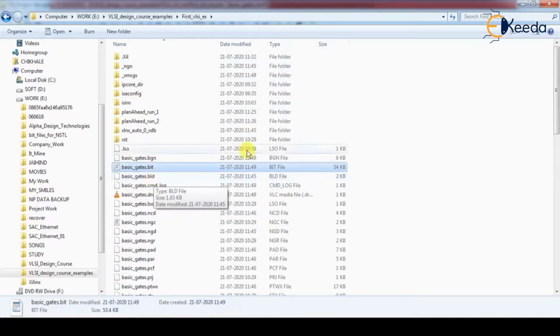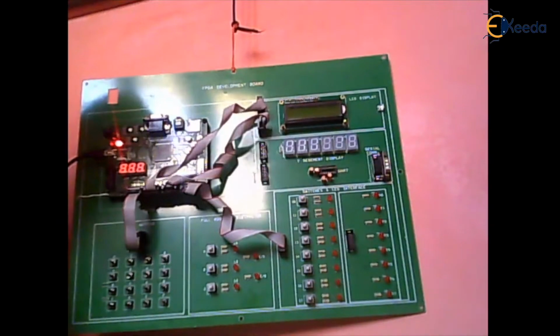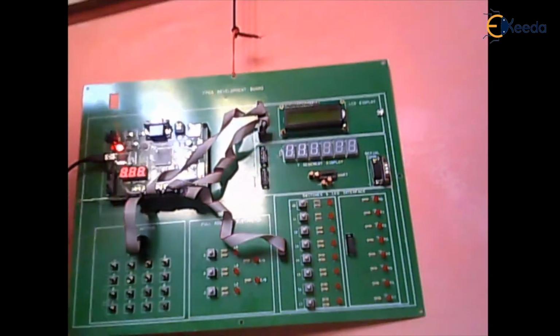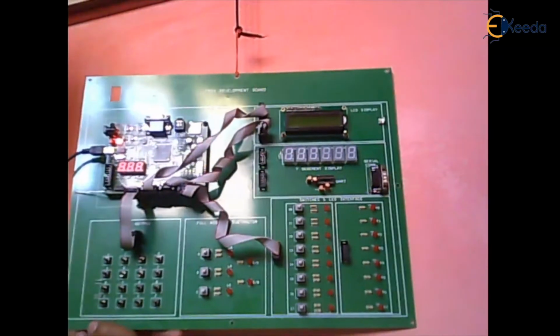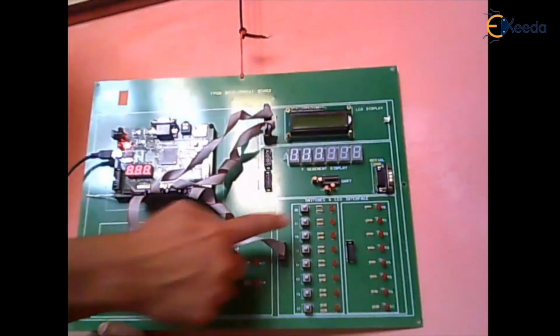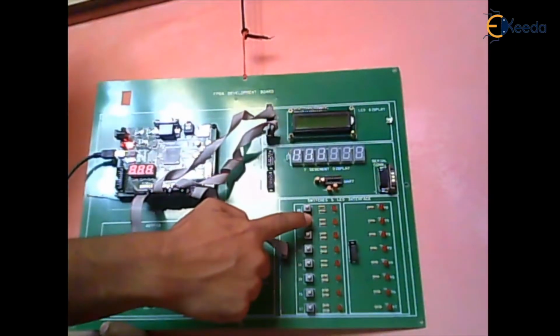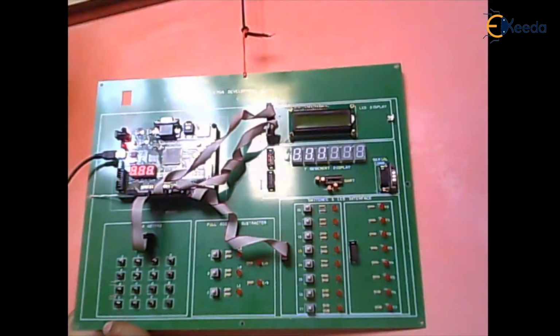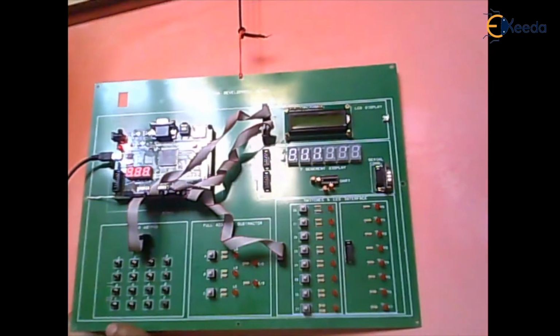Okay. So once our bit file is there, now I have connected the FPGA board to our system. I'll just show you. The FPGA device is connected over here. Now we have to program this FPGA with the input switches A and B as input, and we are showing LEDs P, Q, R as the AND gate output, OR gate output, and the XOR gate output. So let us do the programming of the FPGA.